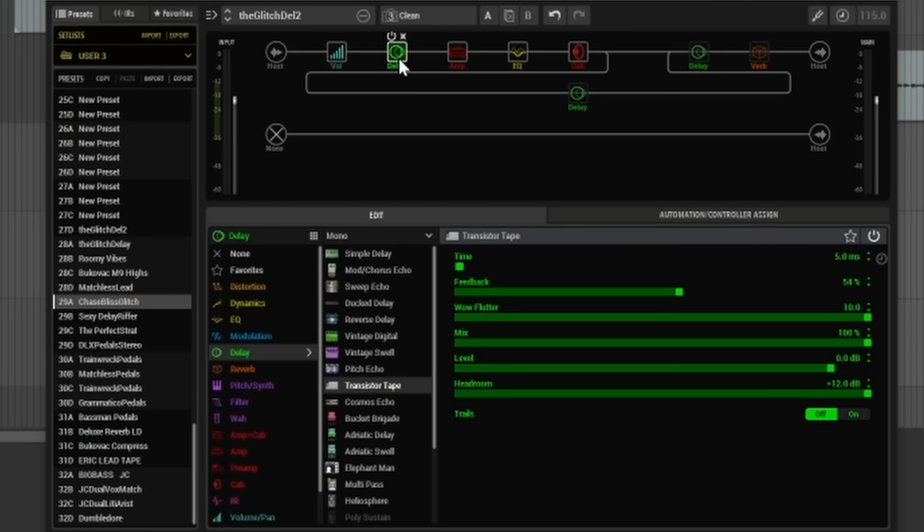So instead of using a tape as a delay, take the delay time down as short as possible, and set the mix to 100, headroom to 100 so we're not overdriving the tape, although if you want to do that you also totally could, and turn the wow flutter up, and you get, so from this